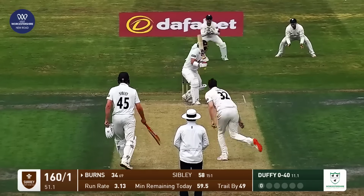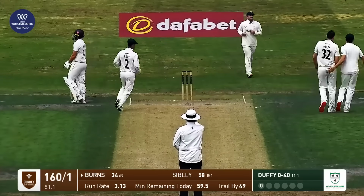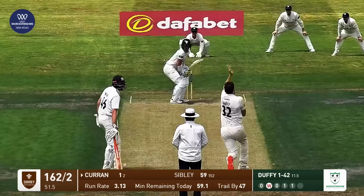Duffy round the wicket, bowls. Burns edges and is caught behind, and he's really annoyed with himself. It's a big wicket for Worcestershire. He got himself into that position that he...